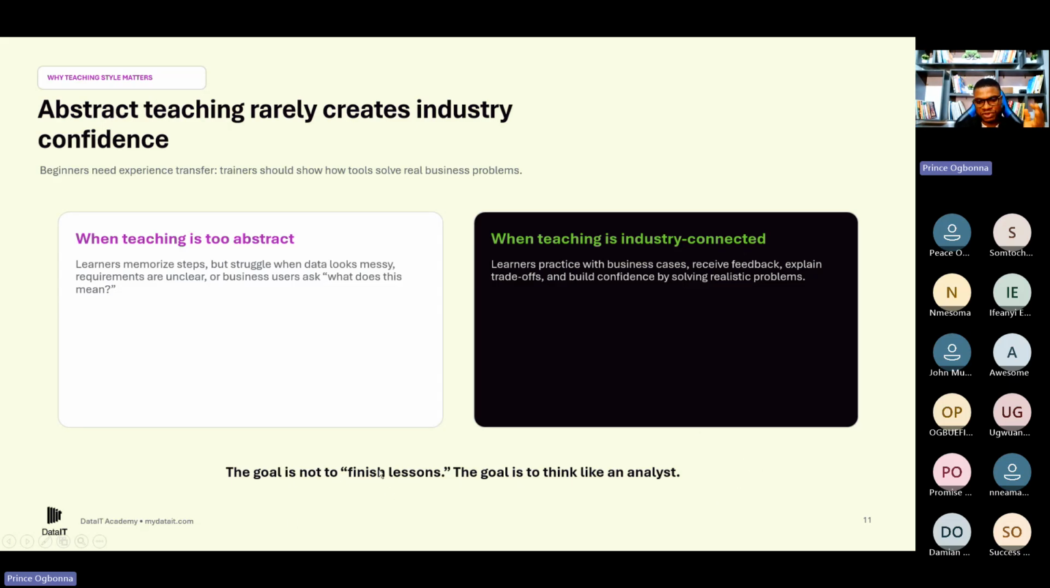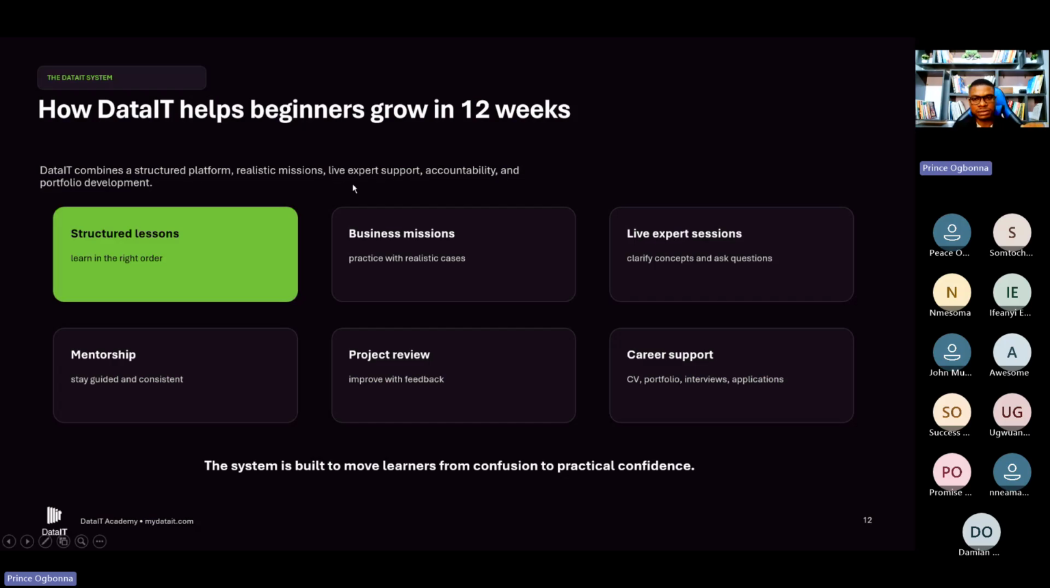Right? The goal is not to finish the lesson. The goal is to think like an analyst. That is the goal, right? So going ahead, we're going to talk about how we actually